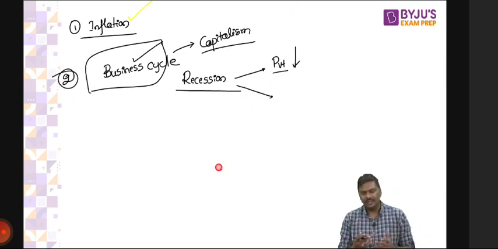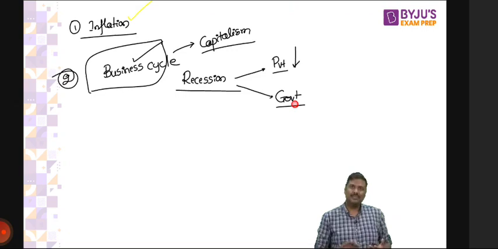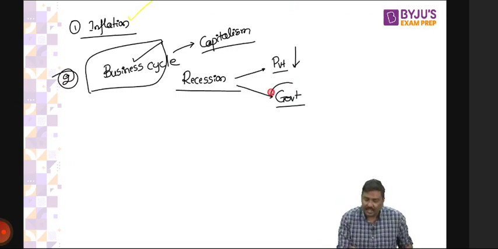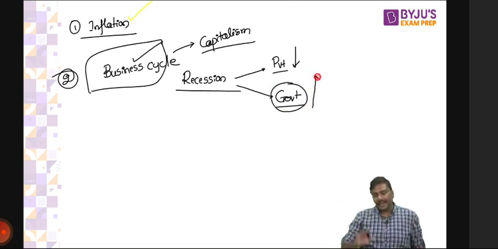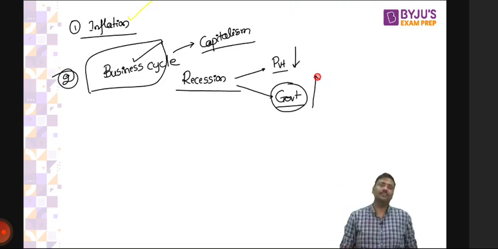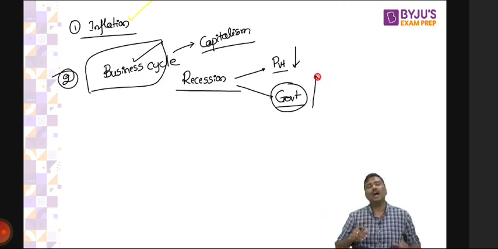Don't say, sir, we will invest. Recession, you do not have jobs. So who has to invest in the market now? Government has to invest. Which means it is the duty of the government to promote recovery in the economy. It is the burden for the government to promote recovery. Now, how can you promote recovery here? How can you promote more employment? 2 ways. Follow this carefully.